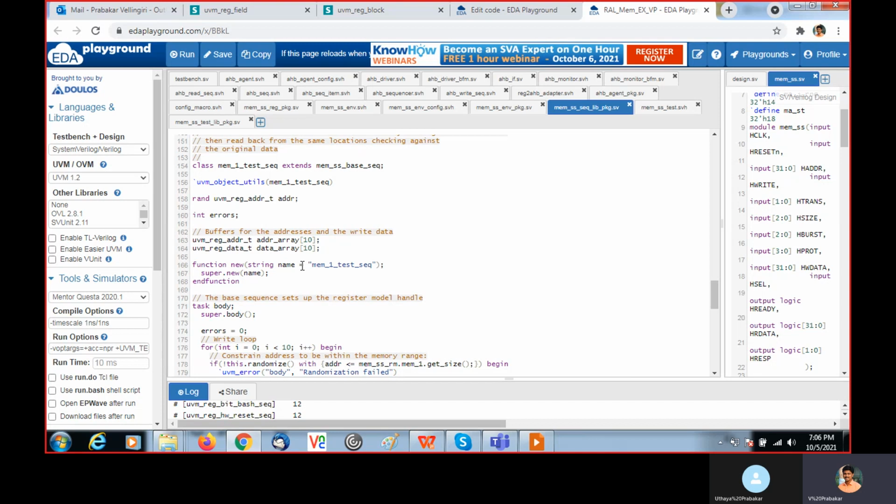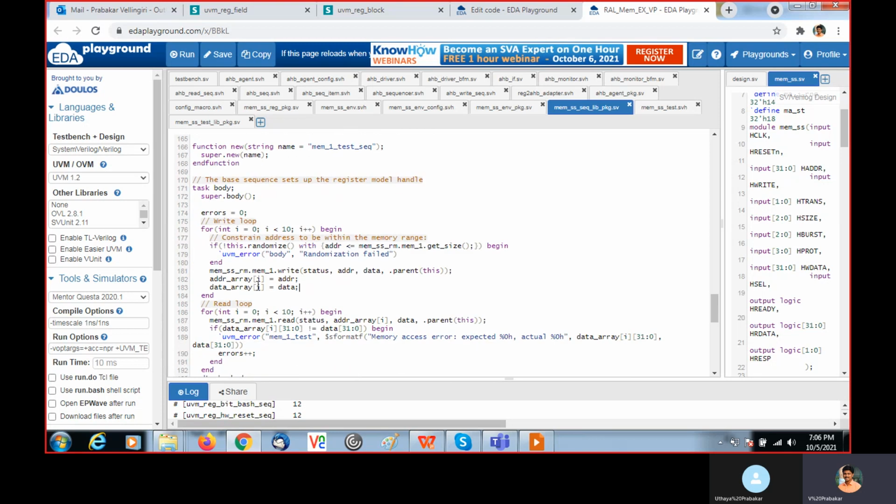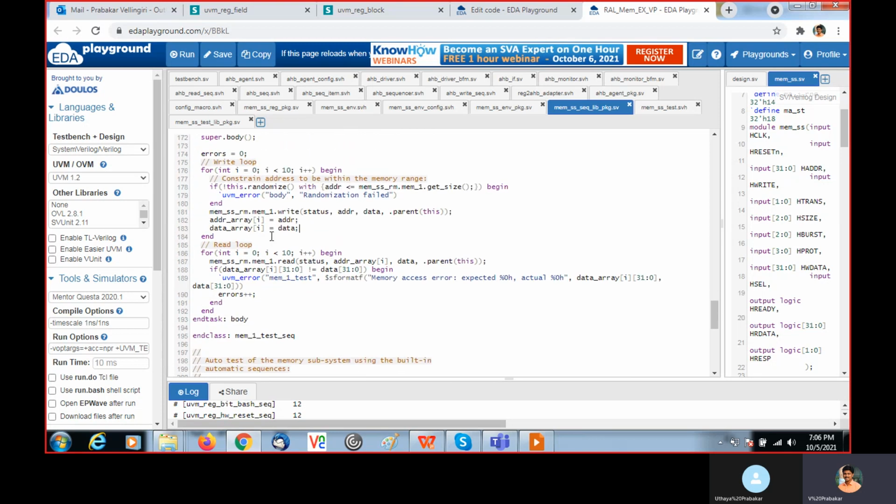We created a static array for address and data, right? We are storing them here, so that during the read operation I can pass the corresponding addresses. Where I perform a write, I load this address into the address array, and from that I am passing the corresponding address.